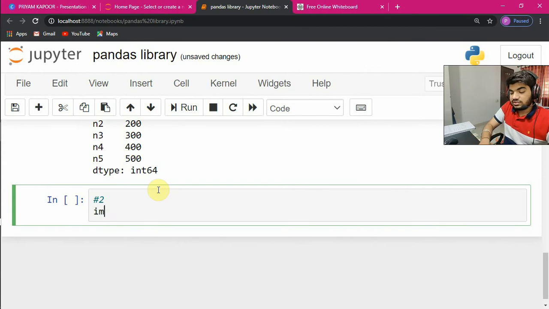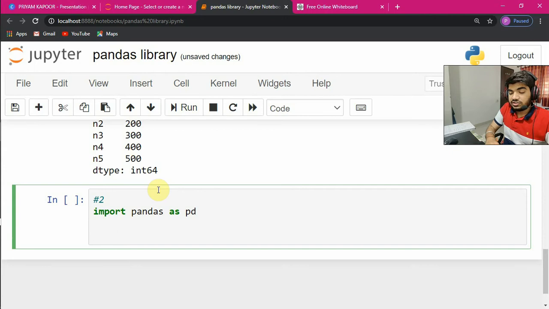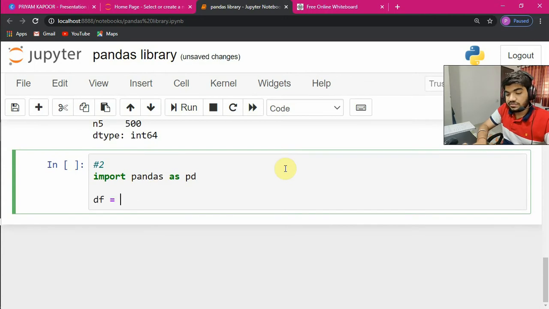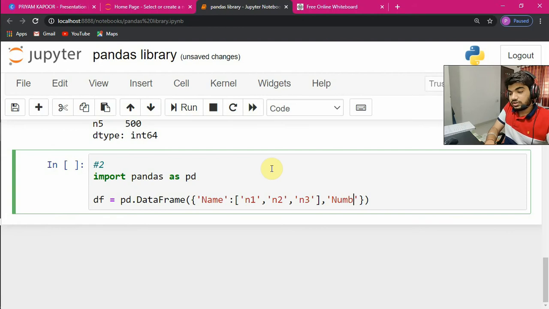So it's easy. Let's just again import the pandas library as pd, and after this we'll create, let's say, df for data frame, pd dot capital D and capital F. This has to be the syntax because Python is a case sensitive language. So I give values in a format of key. Let's say name, and its values I give as N1, N2, has to be string, and N3. So I have given three values. Let's say I give one more key, which is num, which is again a list. Let's say it is 100, 200, and 300.